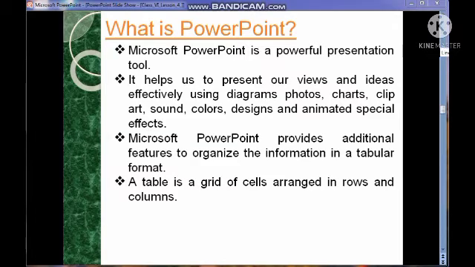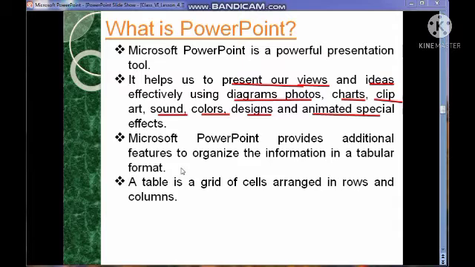By using Microsoft PowerPoint we can represent our views and ideas, as well as we can display diagrams, photographs, charts, clip art, sound, colors, designs, as well as different types of animated special effects.